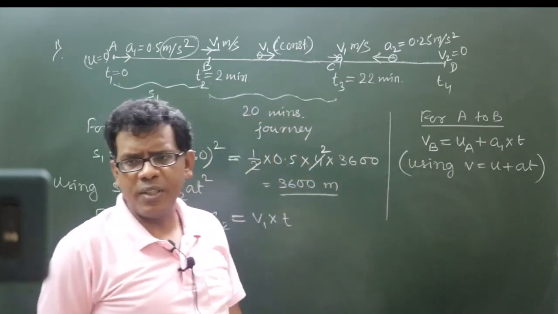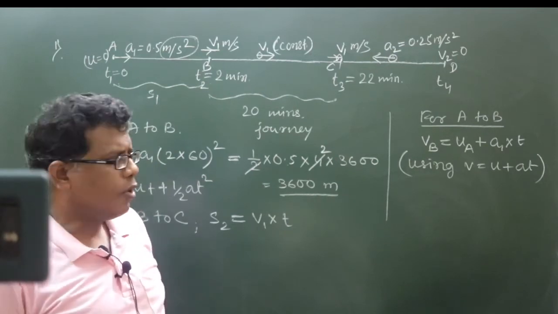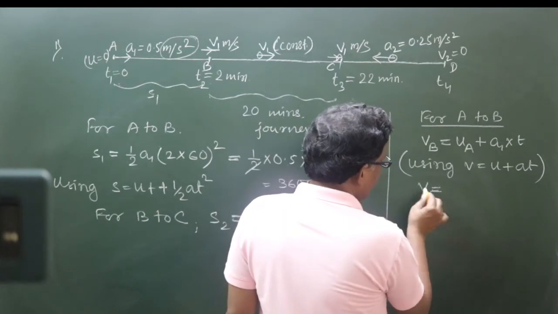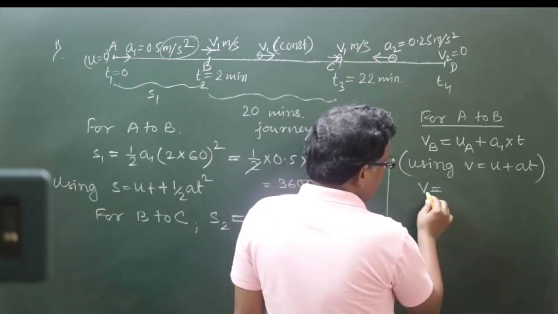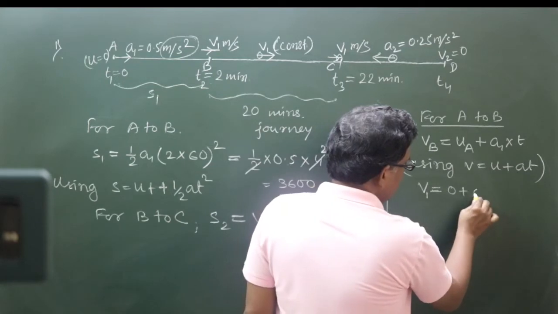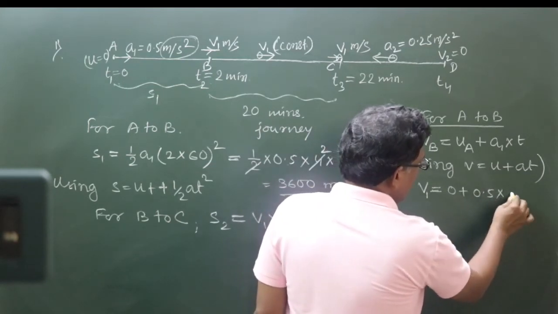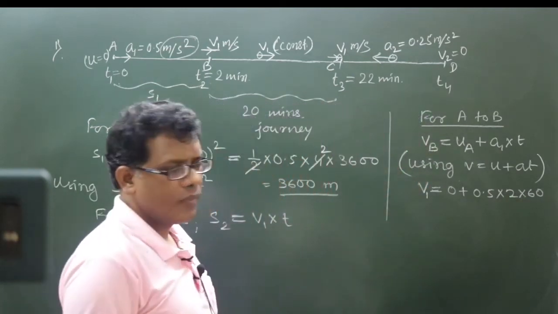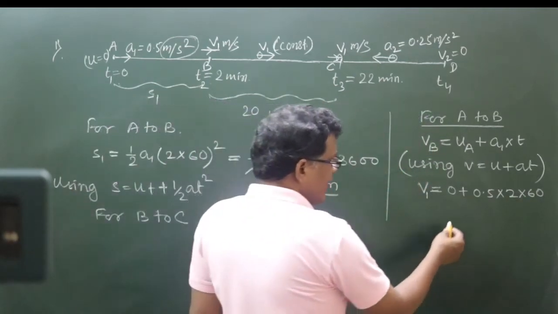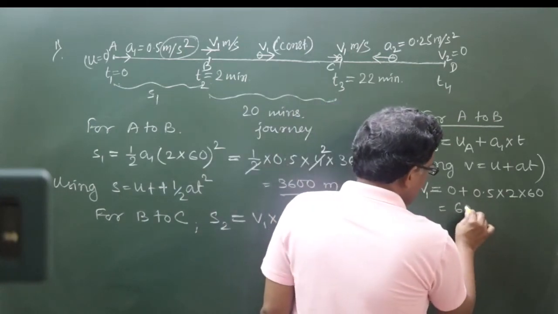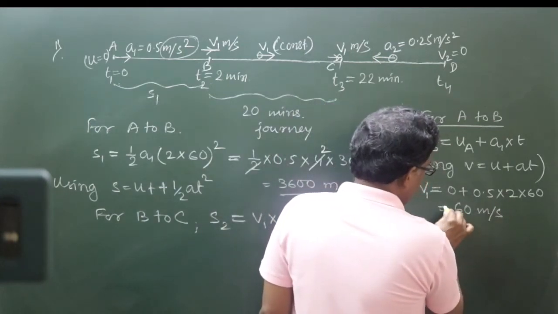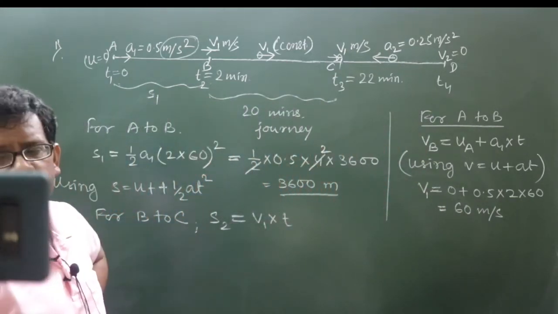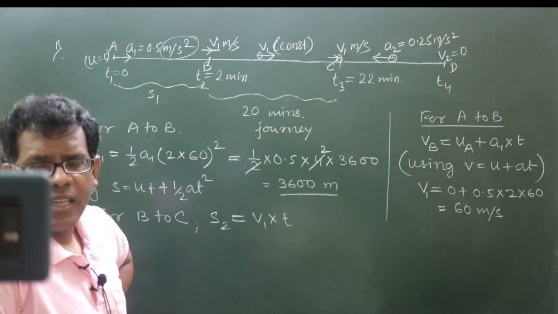Acceleration of the journey we know, a1, and time also we know, 2 minutes. So we can write down the velocity at B, which we have marked as V1 in the diagram. So V1 is equal to 0 plus 0.5 into time, which is 2 into 60, 2 minutes, right. So what we are getting here is 60 meter per second. So that means the bullet train reaches the speed of 60 meter per second just at the end of